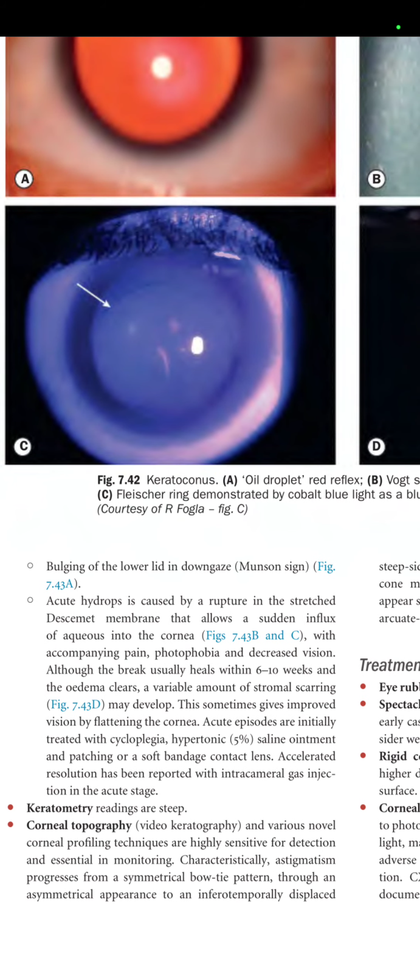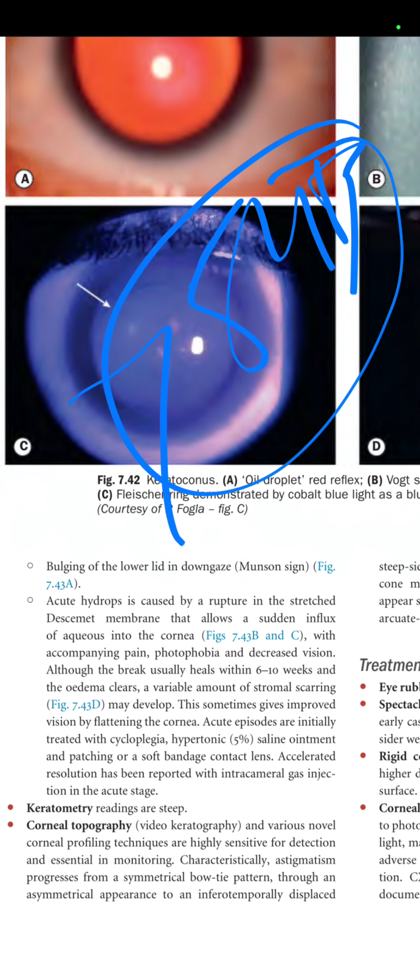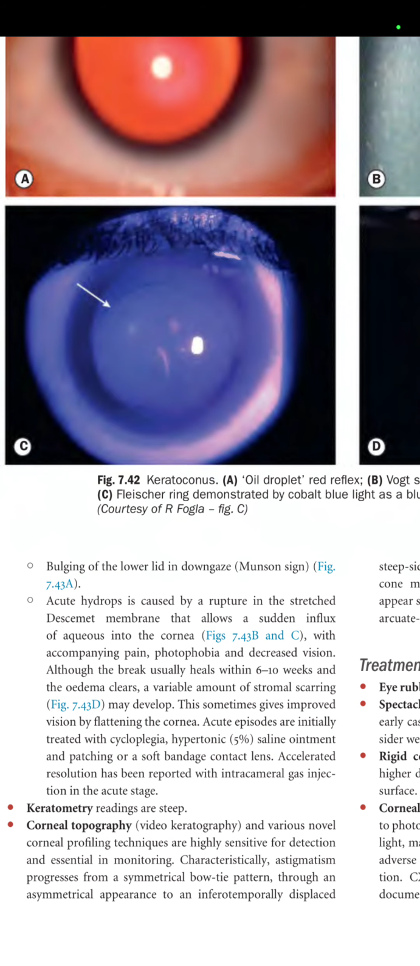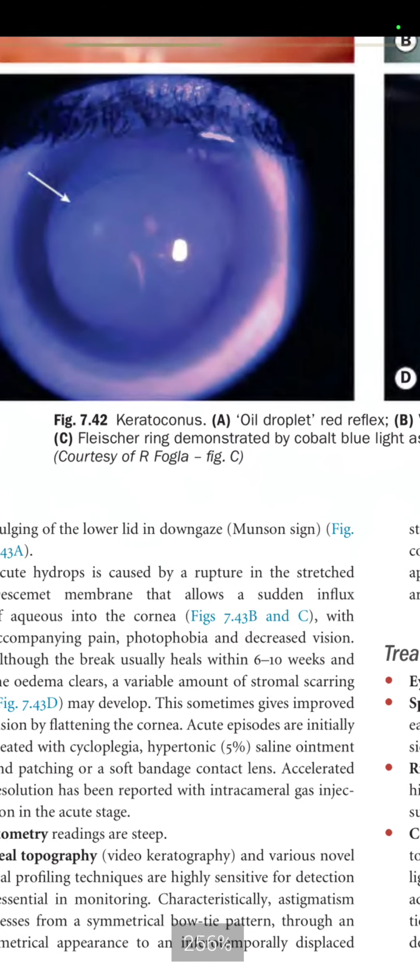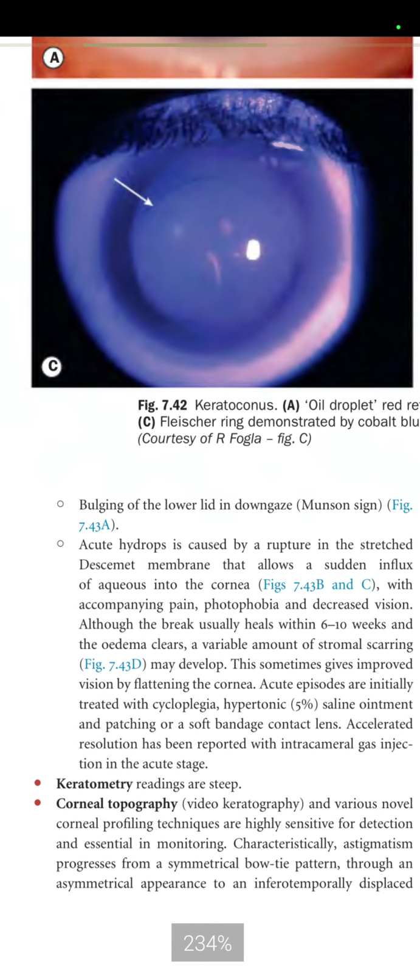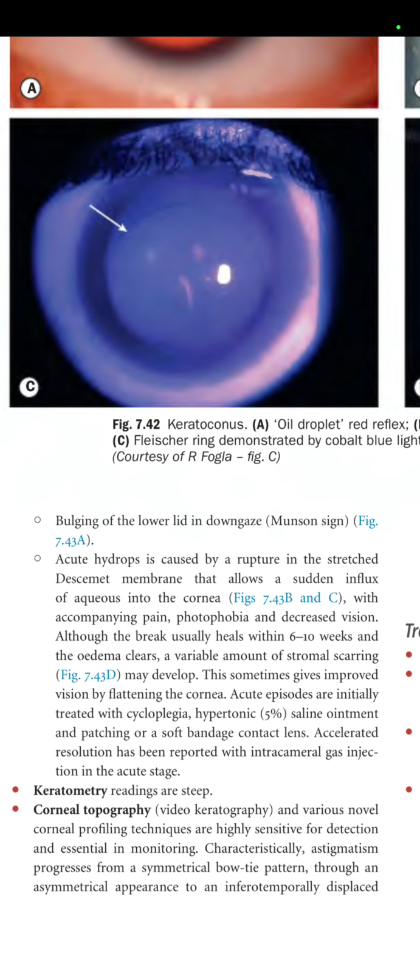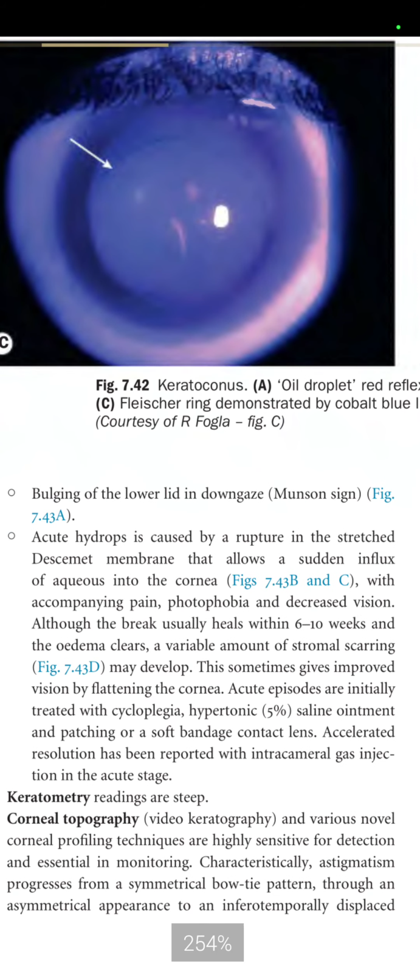Keratometer readings are steep. Steep means that it is on the higher dioptric power side. Corneal topography. So corneal topography is a very important investigation to make the diagnosis of keratoconus, and also to see the progression of the keratoconus. Corneal topography,